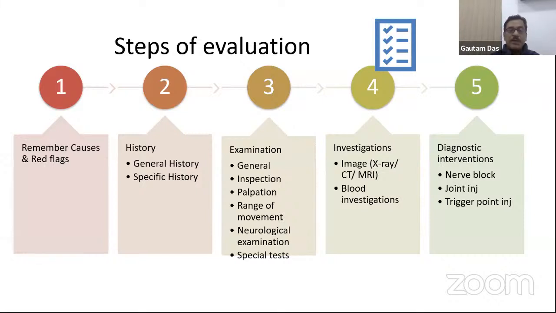That means the patient might be having pain in both the upper limbs. The patient might not be having much pain, but some pain might be there in the lower limbs. But more important will be disturbance in the gait. Sometimes they might not be complaining of any pain at all in the upper limb. But your role is to examine very nicely, very carefully. So that is the reason why